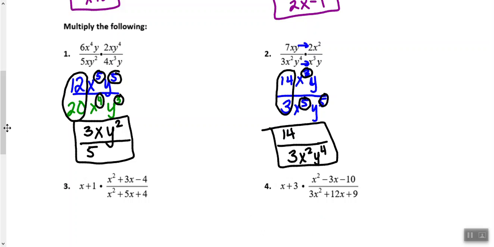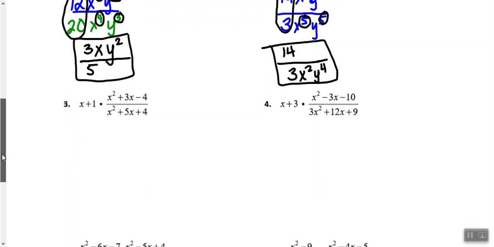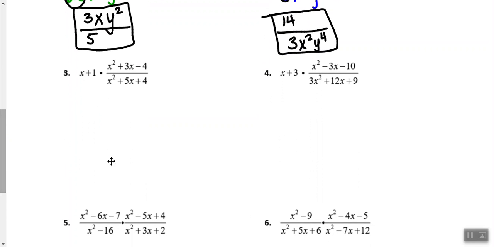And now let's look at problems 3 and 4, where we do have addition and subtraction signs. So 3, believe it or not, we are actually multiplying two fractions because x plus 1 is over 1. Now when we have plus and minus signs, we don't want to multiply straight across. We're actually just going to start by factoring everything. So starting with the top of the first one, I have x plus 1. There's nothing to factor, so I'm going to put it in parentheses, x plus 1, and that's over the number 1, which again has nothing to factor,